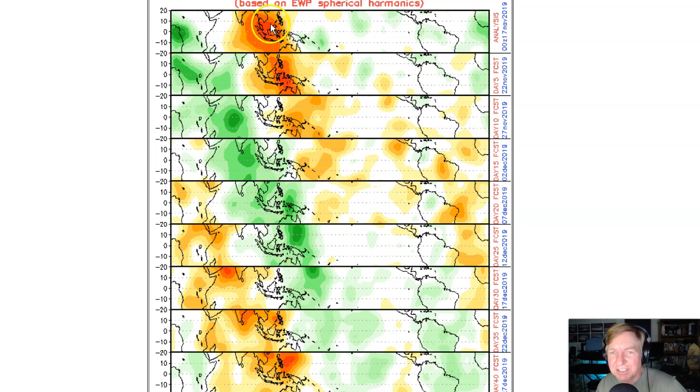So this suggests that the inactive phase of the MJO, just like what we saw in some of the other data, over the maritime continent, working its way into the West Pacific somewhere around Thanksgiving, and then quickly fading and dissipating while a modest active phase of the MJO sets up, pushing cleanly into the West Pacific about mid-December, and then working its way across the Pacific through Christmas and a little